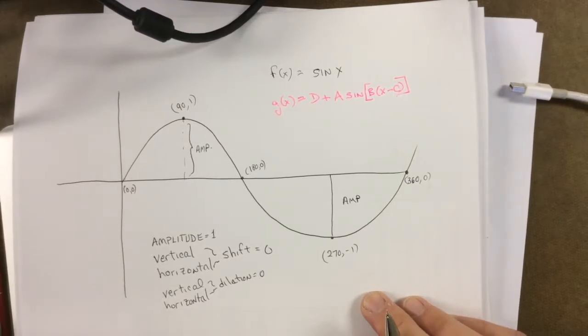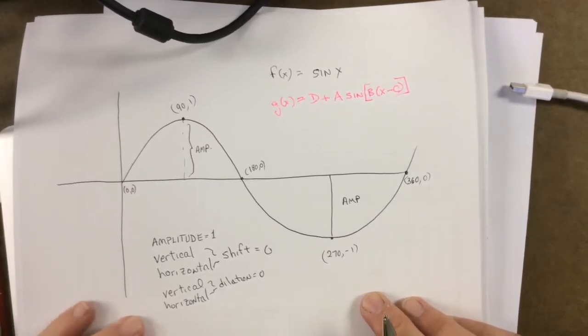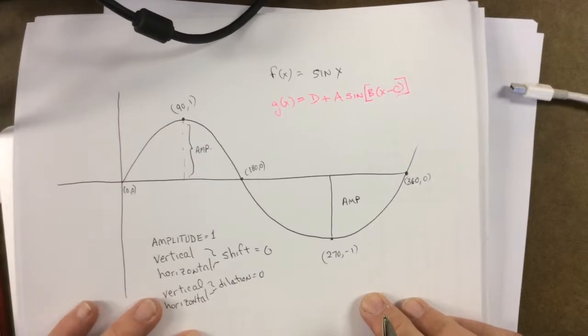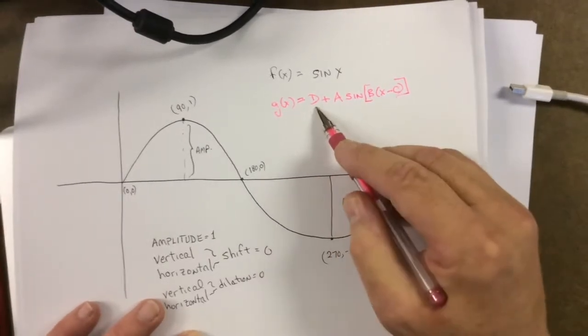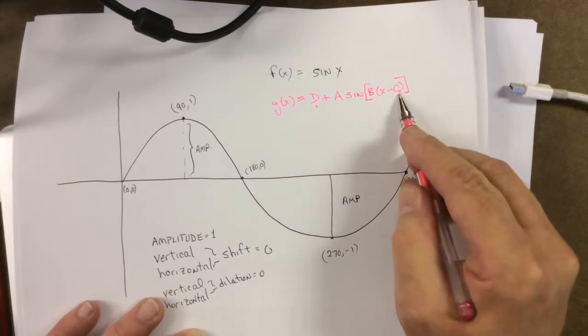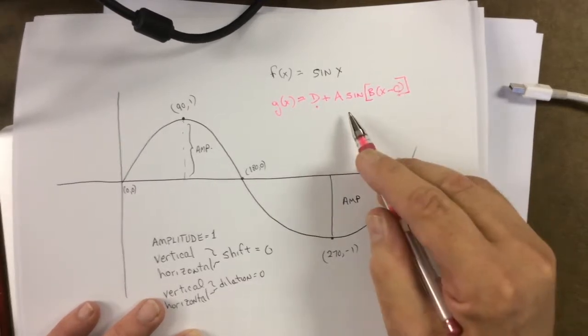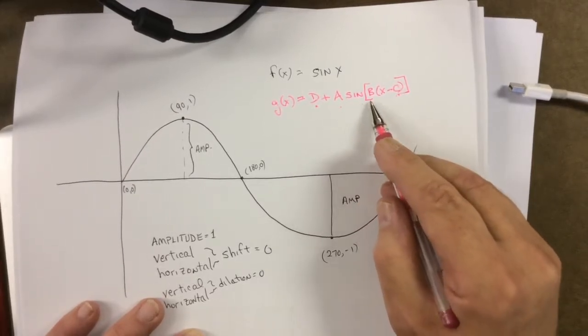Anybody know? Yeah. It's kind of like the equation that is going to be how the graph looks, and add values to it, or how it's going to change it. Yeah. Basically, what I did was I put in placeholders for all the possible ways to mess up this graph. I got a placeholder here for vertical translation. I have a placeholder here for horizontal translation. I have a placeholder here for vertical dilation, and I have a placeholder here